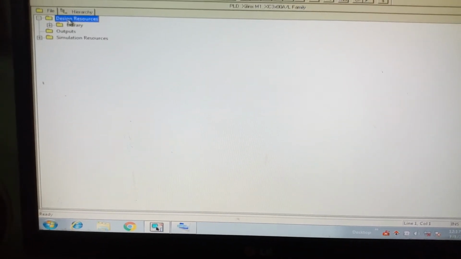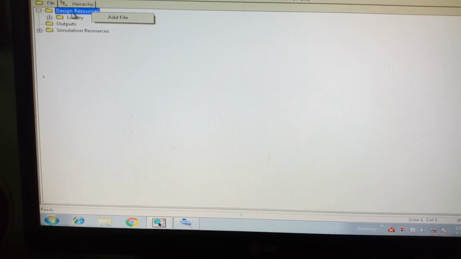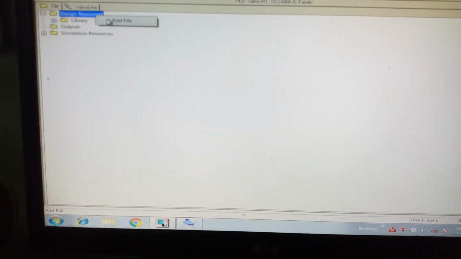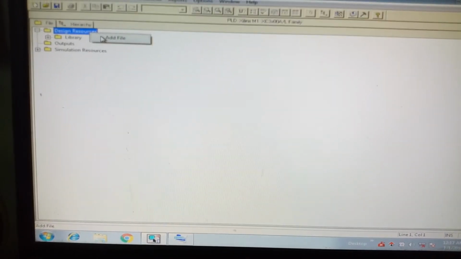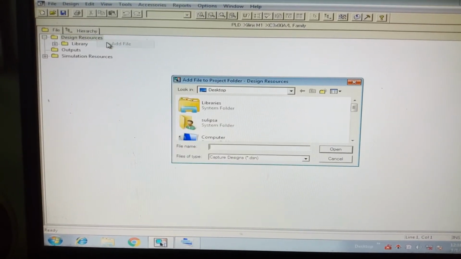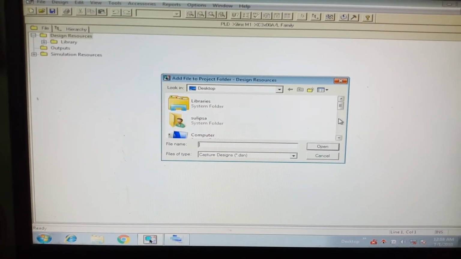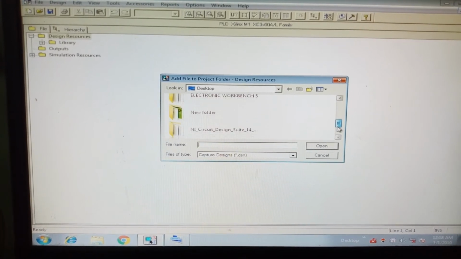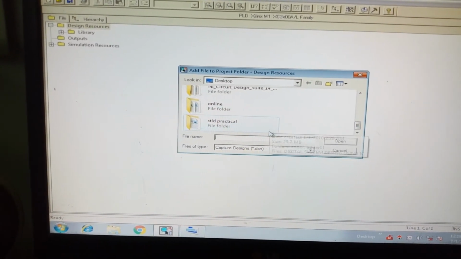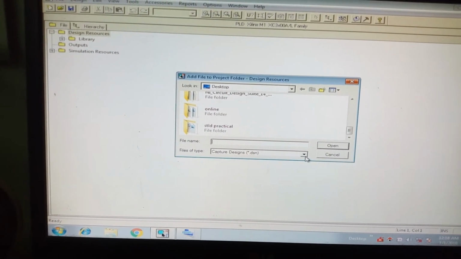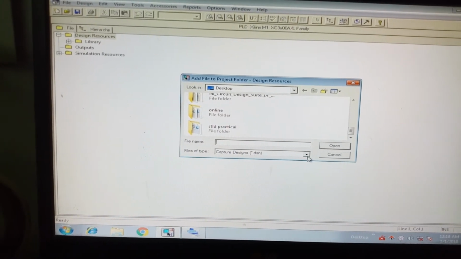Here there is a blue color button. Just right click, and you will find add file. Add the file which you have already written on the desktop, the VHDL file called MAIT1.